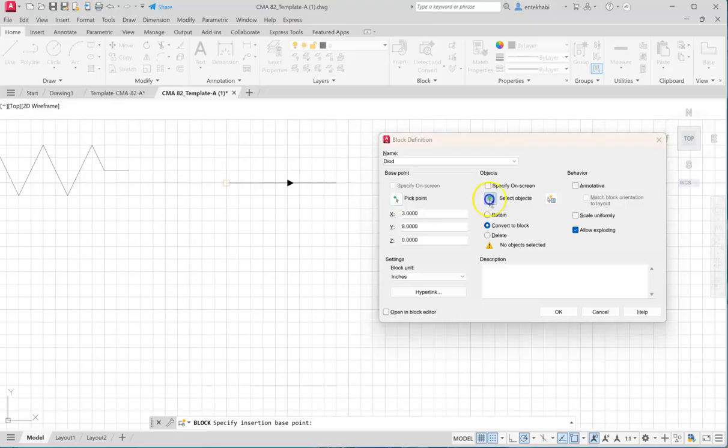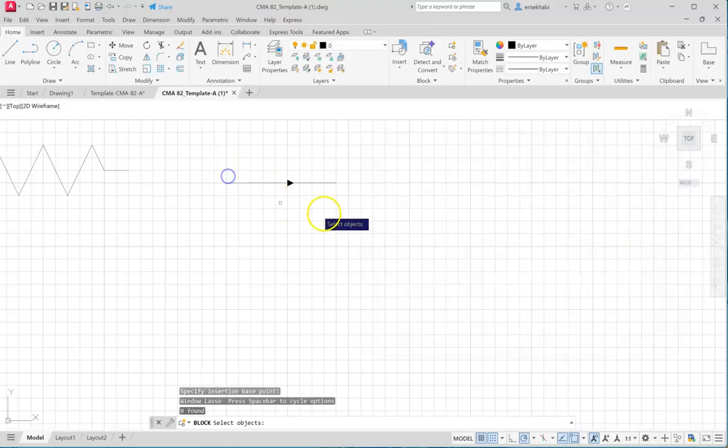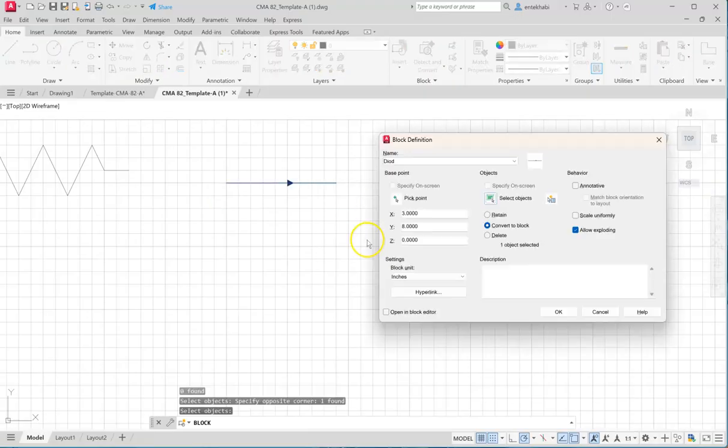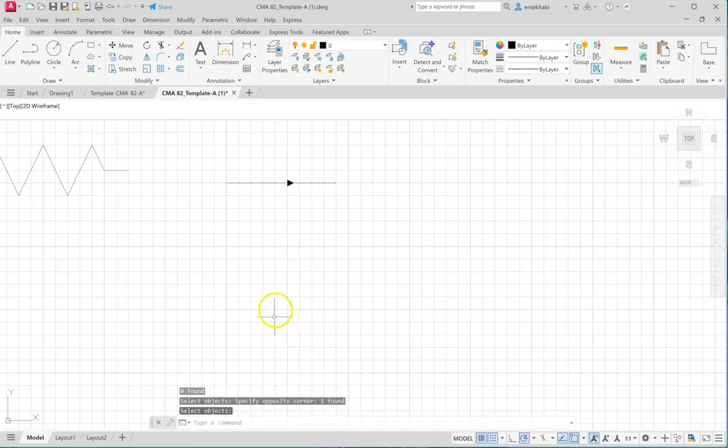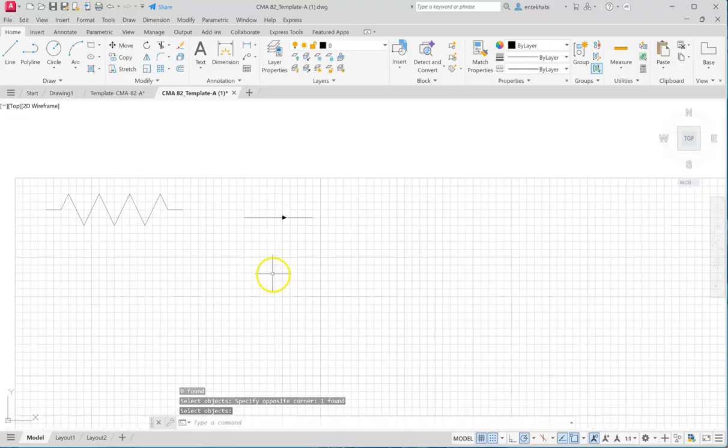And select objects. Everything selected. And OK. Okay, this is how we create the blocks. Let's do one more time for that transistor. Maybe you would have some questions.